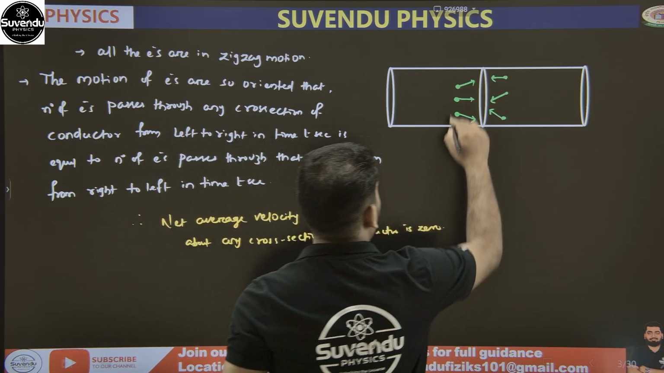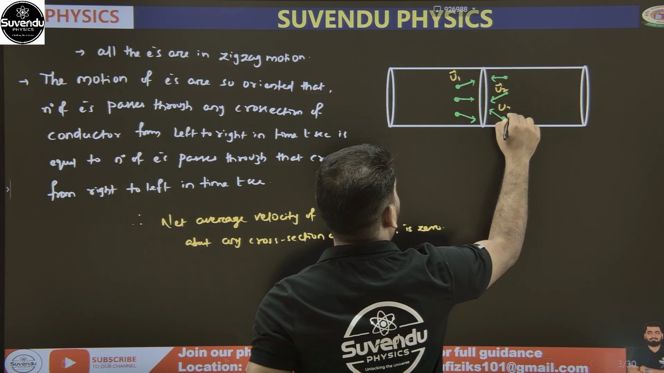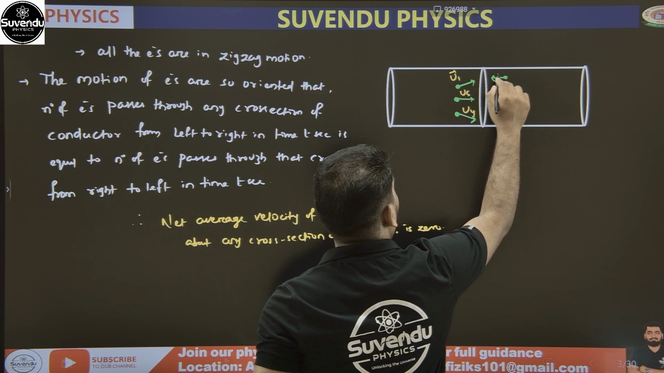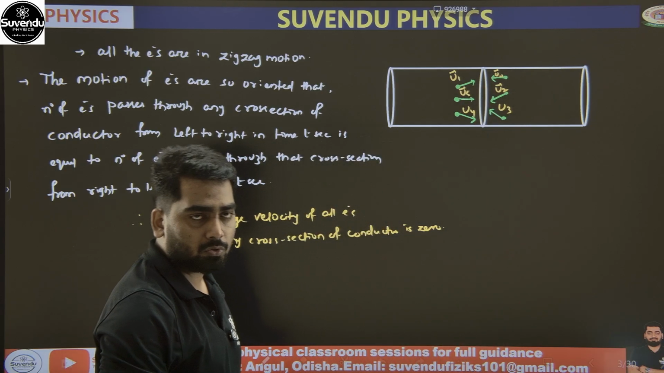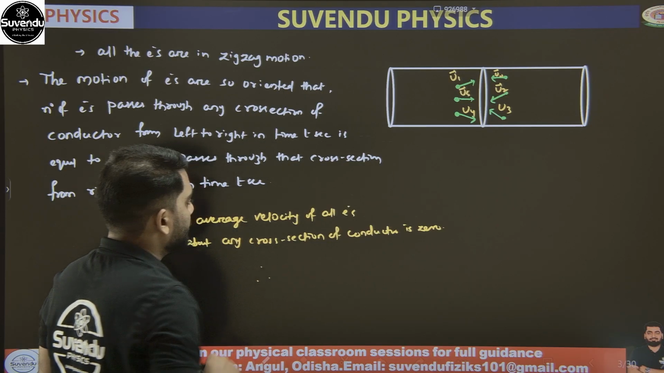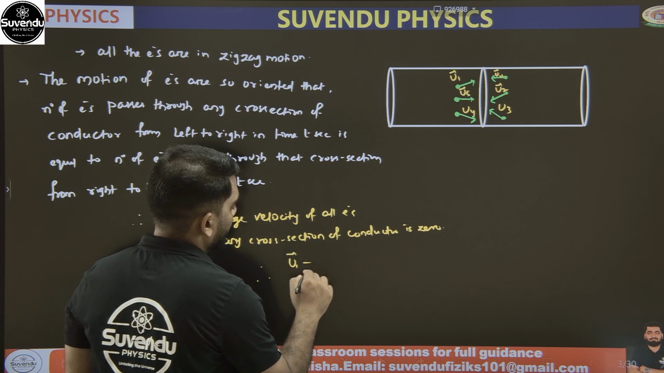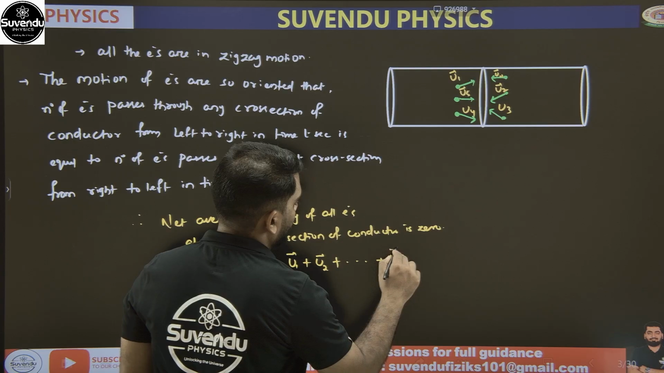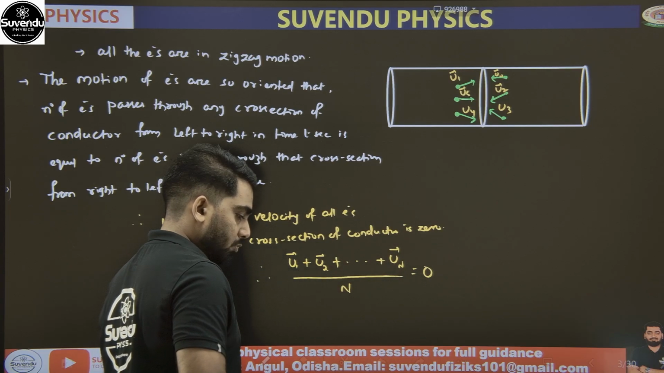तो इसका एवरेज वेलोसिटी, let it be u1 vector. This is suppose u2 vector, u3 vector, u4 vector, u5, then this is un vector. Let us consider n number of electrons. Total number of electrons are n. So from this content we came to know net average velocity of all the electrons about any cross section of conductor is 0. That means u1 vector plus u2 vector plus dot dot dot plus un vector divided by total number of electrons, that gives out 0,